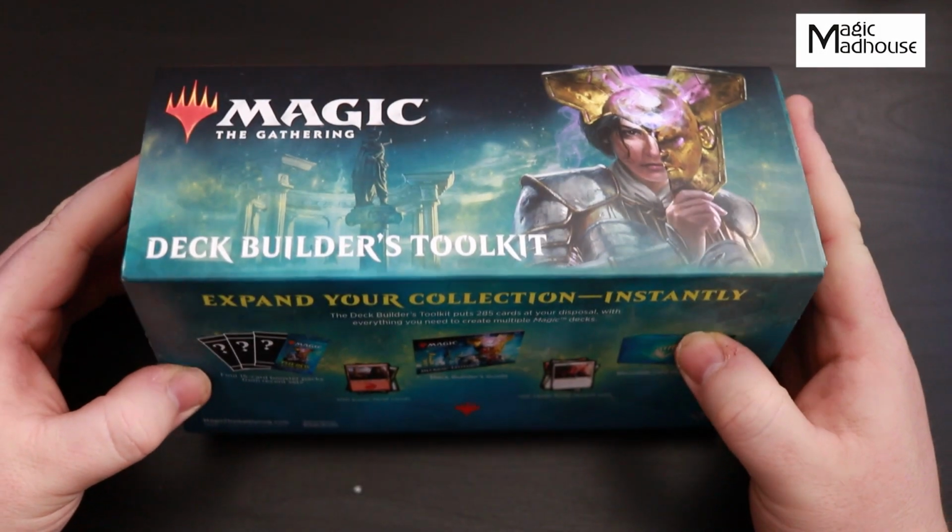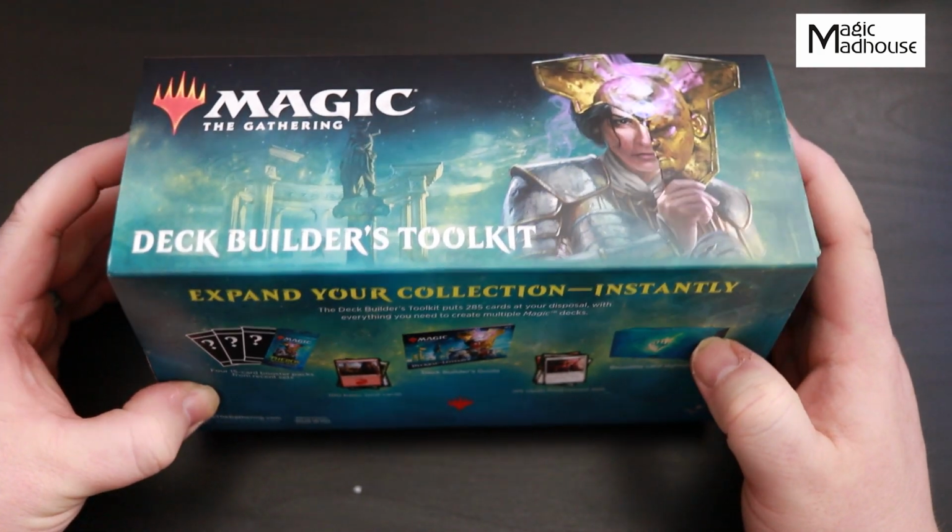Now I'm going to unbox this. We're going to have a look inside. And of course, for those people that are just here supporting the video, we're going to be cracking packs because everyone loves a good pack cracking. So that is what we're going to be doing on this as well. But we're going to take a look inside. I'm going to give it a review and let me tell you if this is what you need when you're starting to play Magic. So let's crack straight into this first unboxing with Magic Madhouse, and it's the Deck Builder's